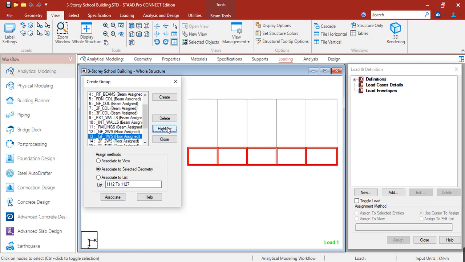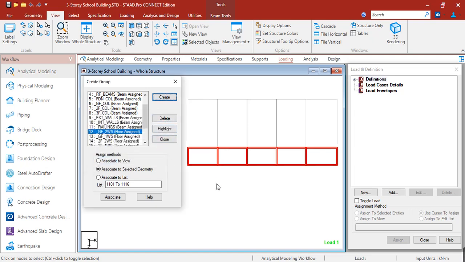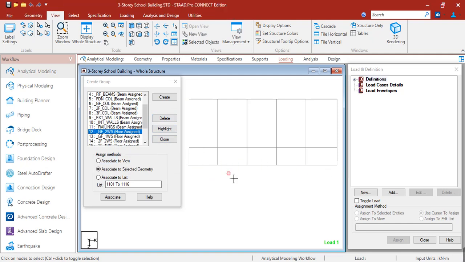Okay. So how can we create a group for this one? This is the same process, but the only difference is if you create it, the select type is not beam but floor. So if you're going to create a group for the slab, select type is floor, not beam. Then just highlight all the members, then click assign to selected geometry.